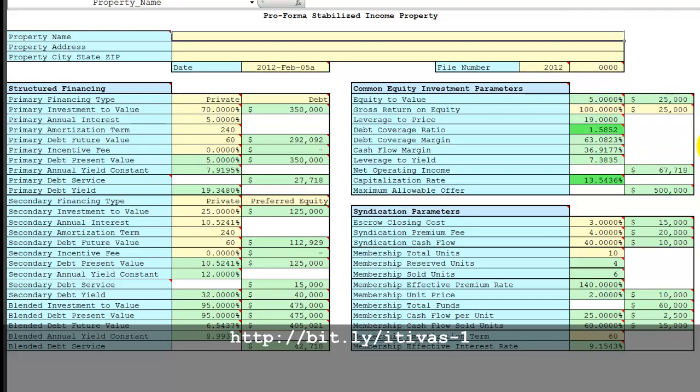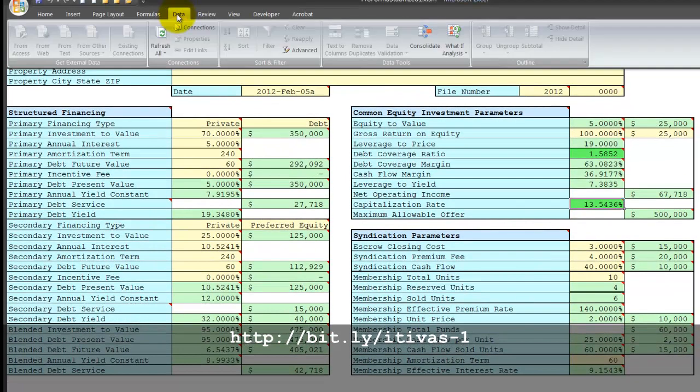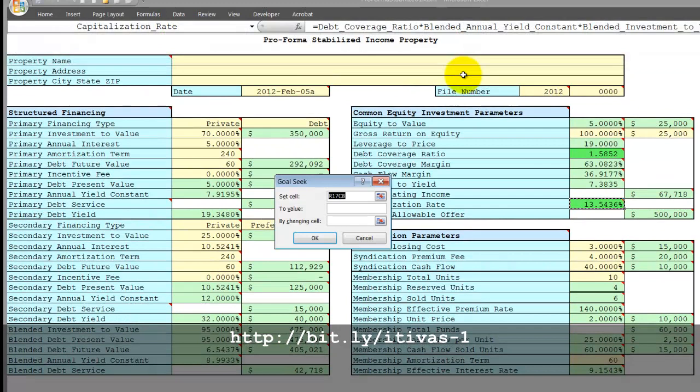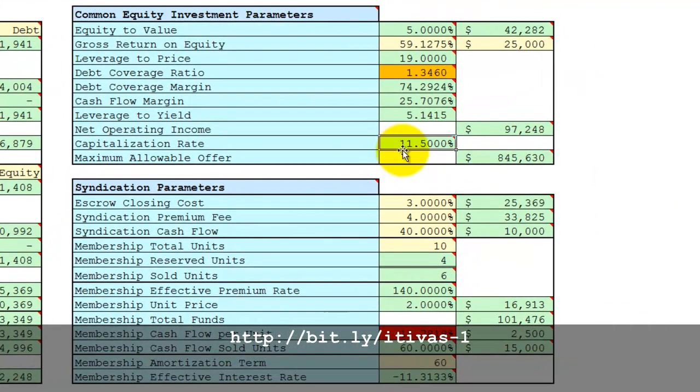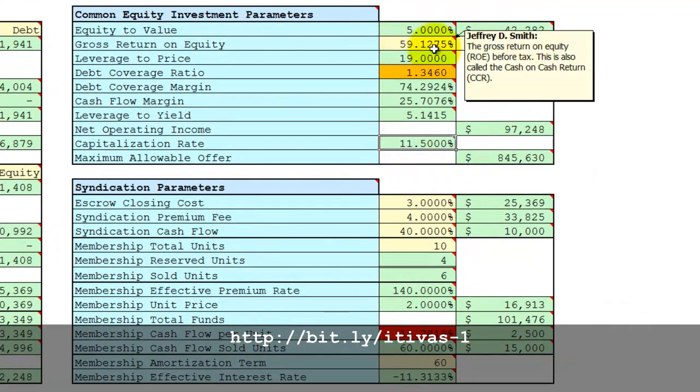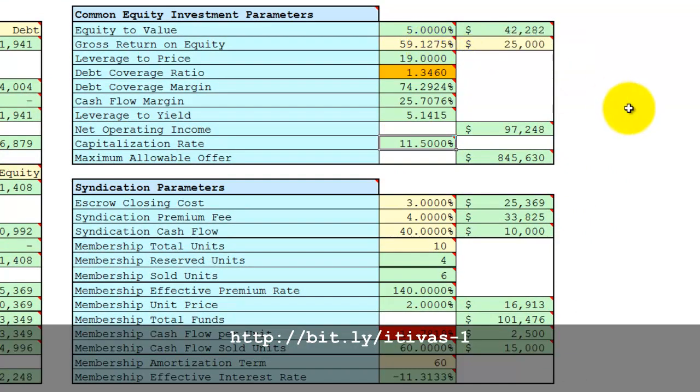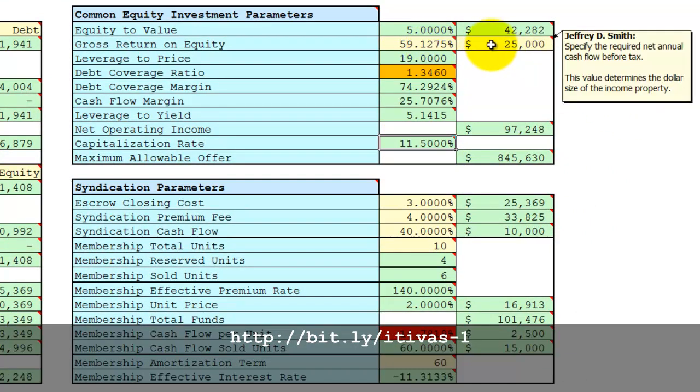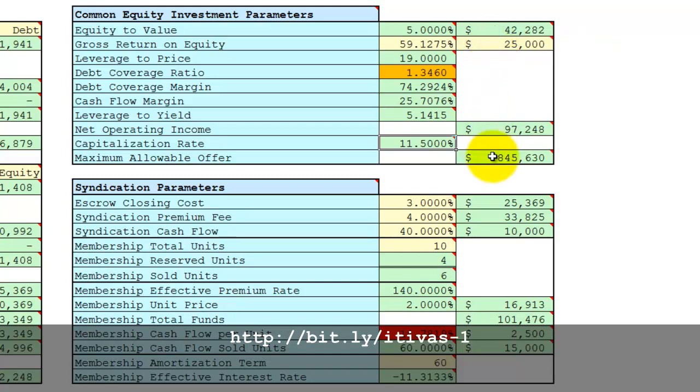If we want to use a lower capitalization rate, we must change the gross return on equity. So we can use a goal seek, what if analysis, goal seek. Let's look at what a 11.5% cap rate does to the gross return on equity. Now we're at 59.1275% gross return on equity, and for that same $25,000 cash flow before tax net return, the max offer is